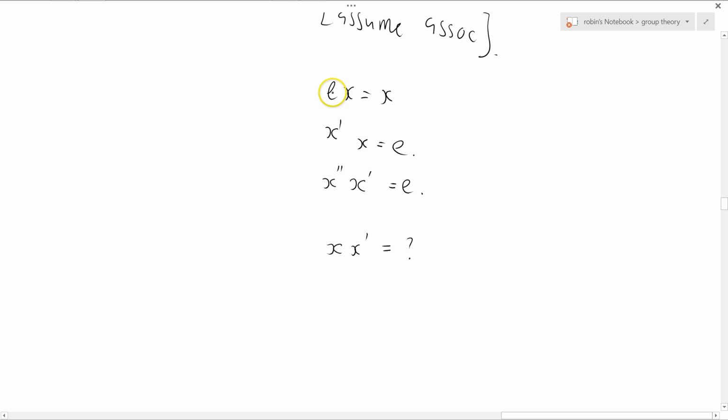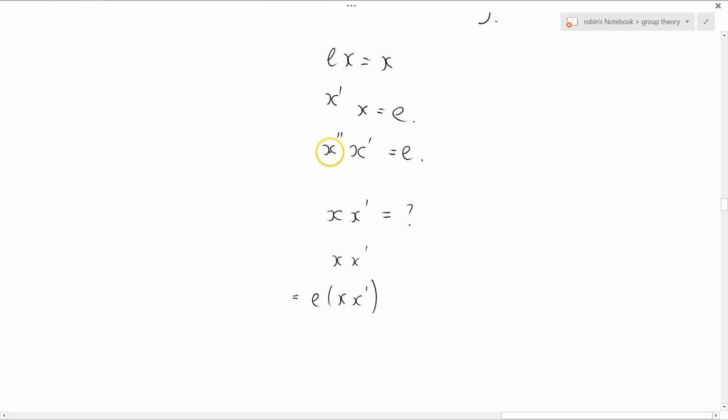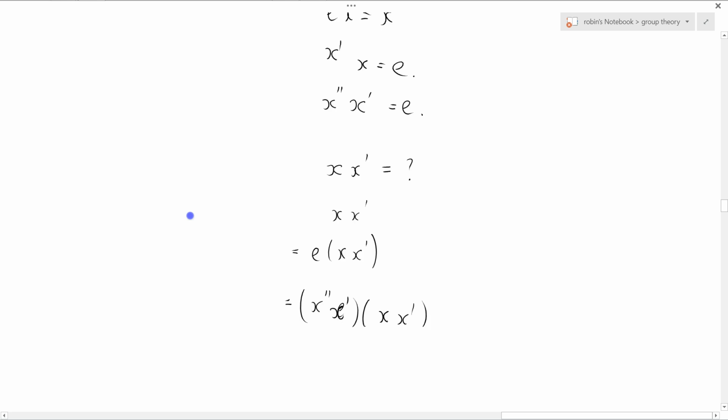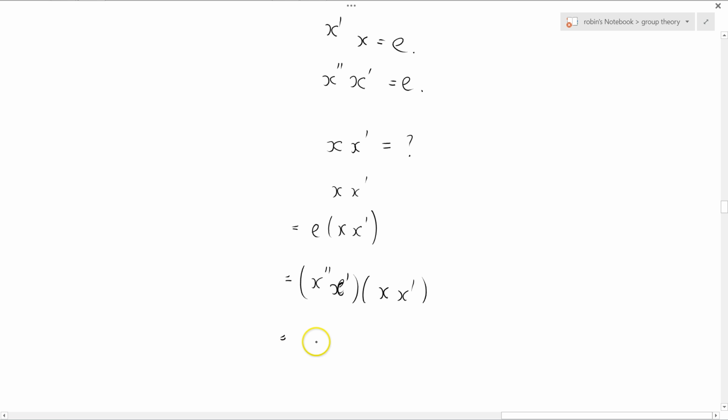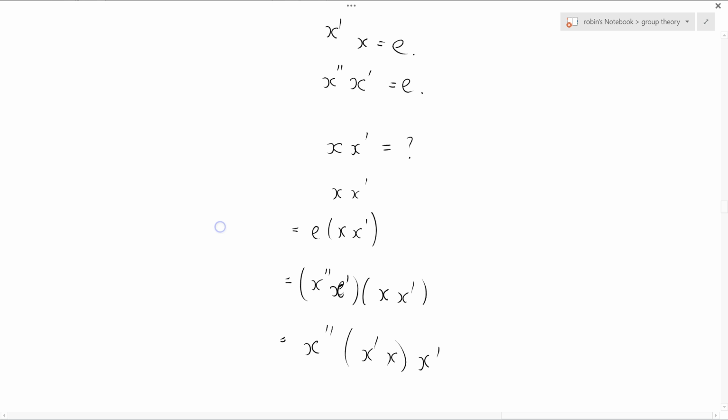Okay, well we know that E is a left identity, so x dash equals E x dash. And now I'm going to use this expression for E. I'm sort of using the group axioms against themselves. So that's equal to x dash dash x dash times x dash, and because it's associative I can write x dash dash x dash x dash. I'm just re-bracketing that. And we know from this line here that x dash x is equal to the identity, because x dash is a left inverse,